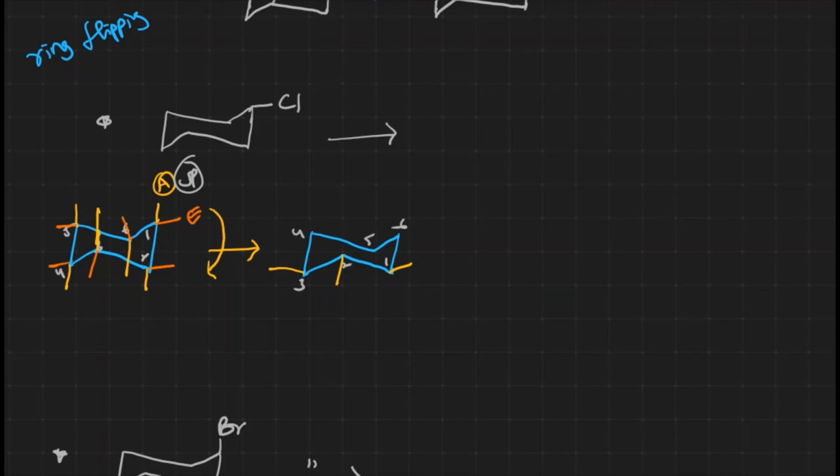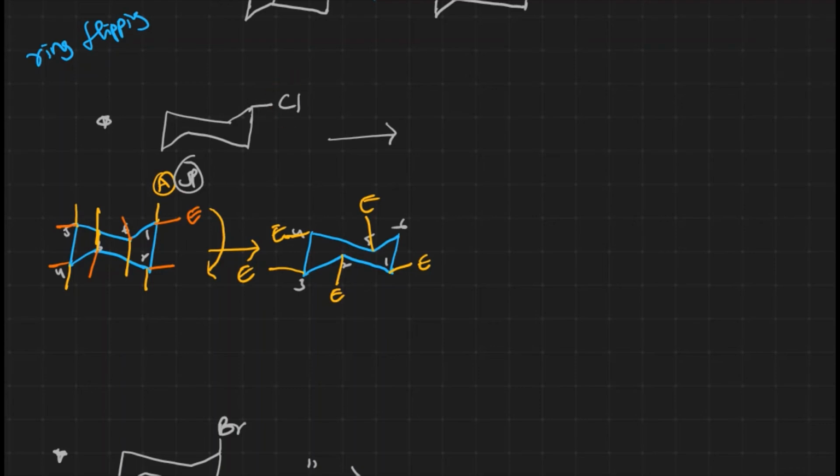Okay, the third one is over, right? Fourth one is down. That's what we'll take as down only, something like down. And the fifth one, how is it there? It is upward direction, right? That's what we'll take, upward direction only. Now, if we take all these things, what happens here? Here, all the axials have become equatorial. All these positions are equatorial positions, right? By ring flipping, what happens?